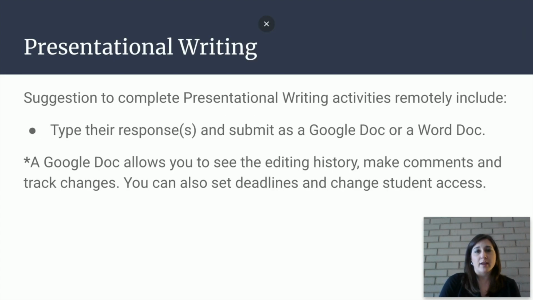The presentational writing. Obviously they're not going to be in class to handwrite these activities, so they'll now have to type them. And you can have them type their responses in a Google Doc or a Word doc. I specifically like the Google Doc because you can see the editing history, you can make comments